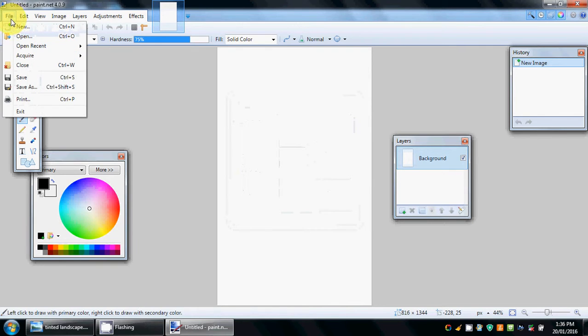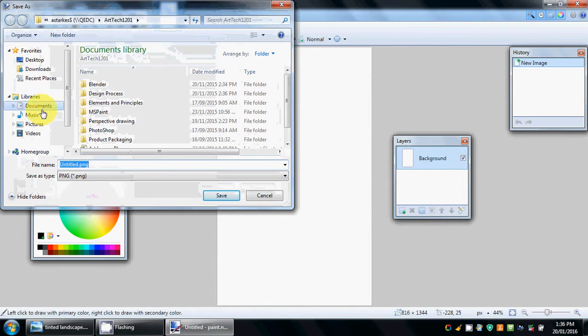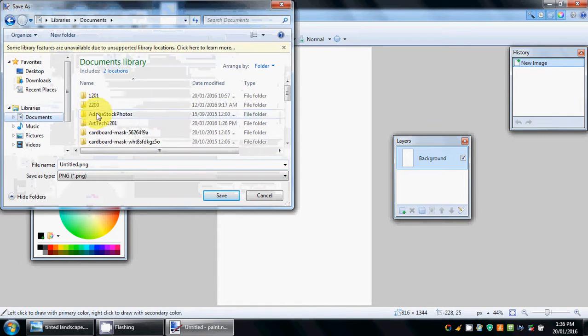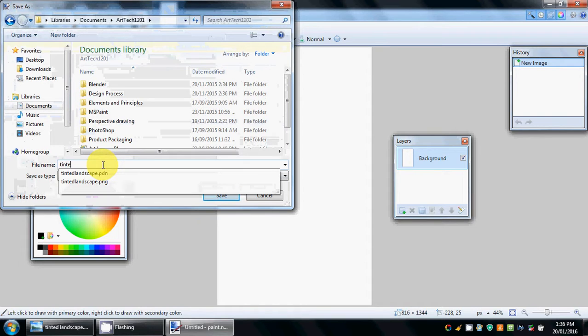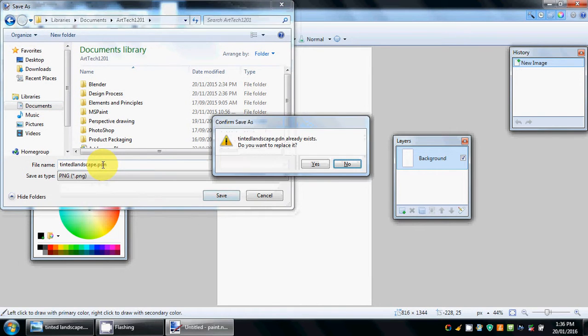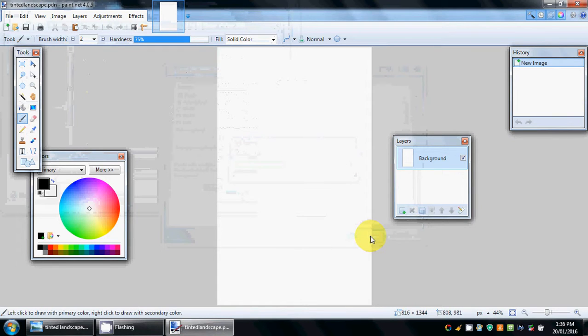Second thing you want to do, make sure you save it. So save as. You want to save it in your Art Technology folder as Tinted Landscape. Okay? All right. There we go. So once you have that done, the image is saved, it's the correct size, then what you want to do